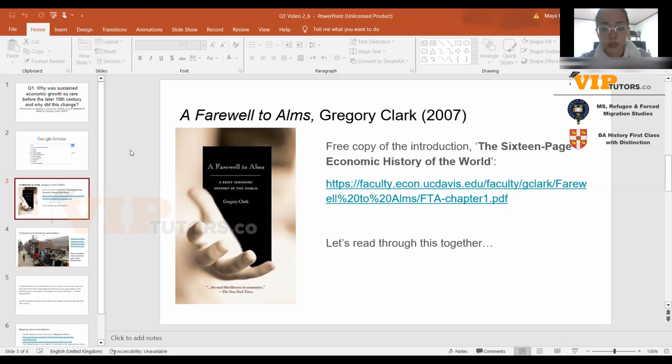So, this book is, as it says, a brief economic history of the world. And it basically argues that the Industrial Revolution led to a divide between poor and rich countries. And Clark's central thesis inside the book, the word thesis, by the way, is really useful to use when you're analysing or summarising what someone else has written. Clark's central thesis in his work is that the Industrial Revolution led to a divide between poor and rich countries.